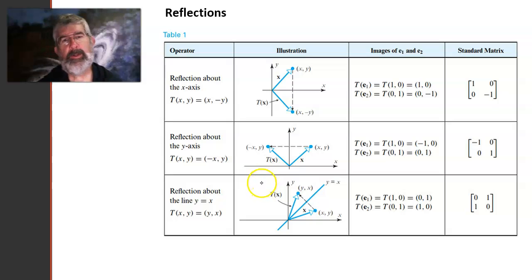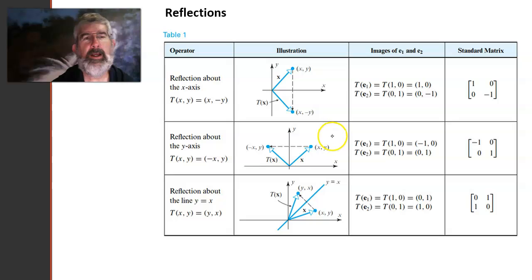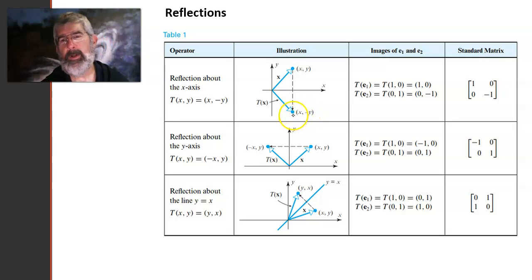Now, the textbook here, this is just a table copied out of the textbook. They focus on the simplest reflections, and we will look at all the reflections here. In particular, they have this first one, which is reflection across the x-axis. So any point (x, y), think of the x-axis as a mirror, would be reflected down to the point (x, -y). The x-coordinates stay the same, and the y-coordinate switches sign. The one down here would be